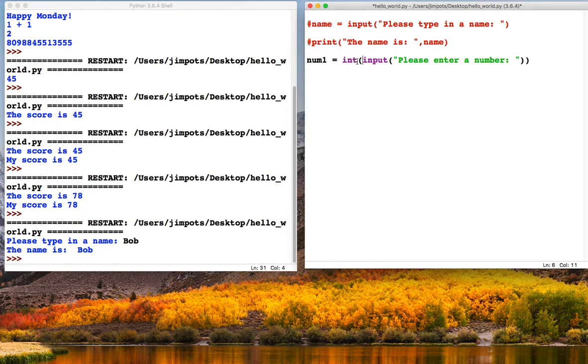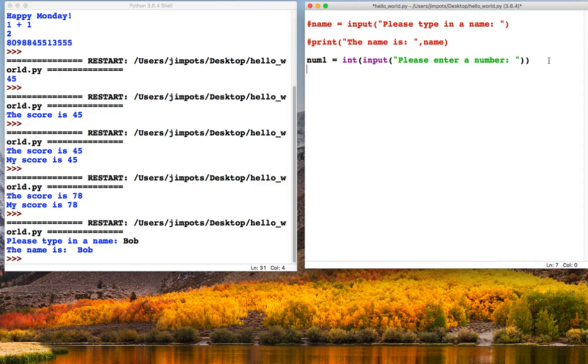Now a couple of things here to watch out for. Two brackets: one around input, which we didn't have originally up here, and one around the string statement, and then two brackets to close. So you've always got to match the number of brackets on both sides. A common mistake is that people sometimes forget the last bracket, and then you get an error.